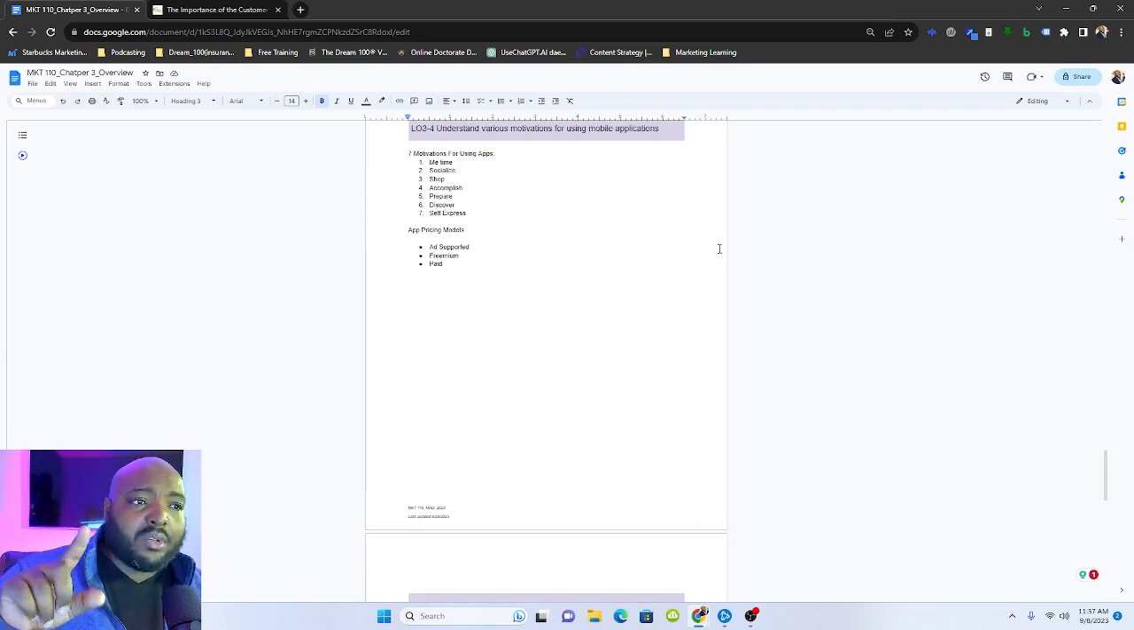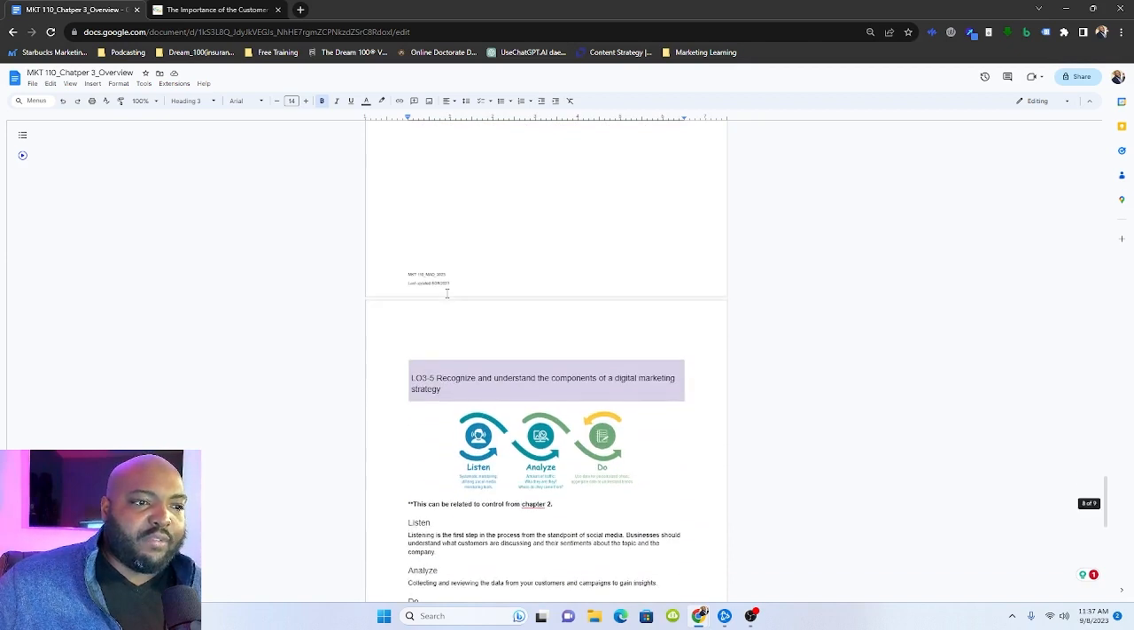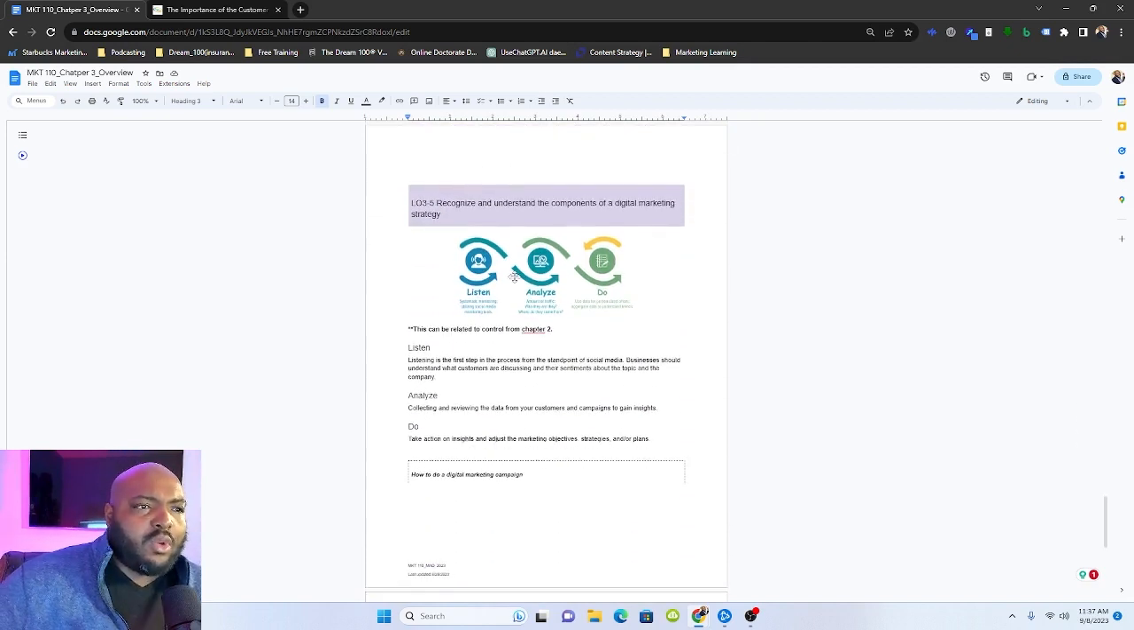Now, it is important to understand that most paid apps also have an upgrade option. The paid is for you to be involved. That's not it. There's definitely more. All right, let's move on to learning objective 5, and this is recognize and understand the components